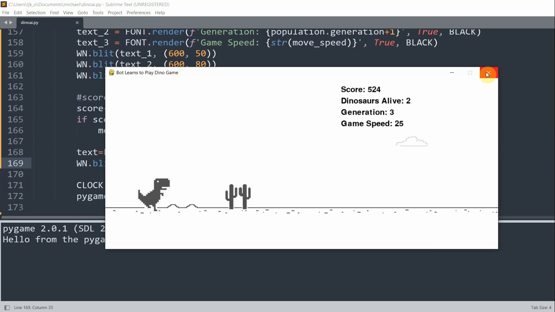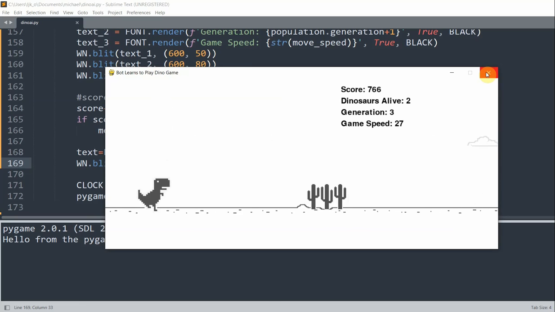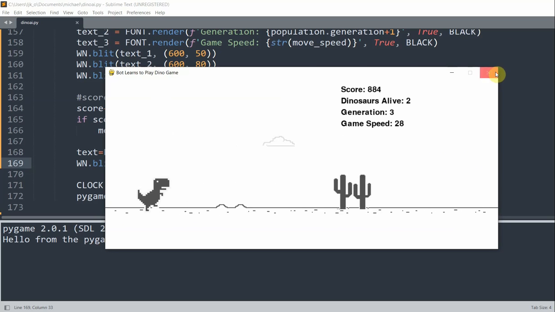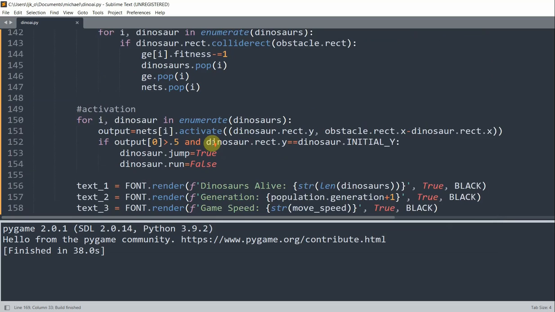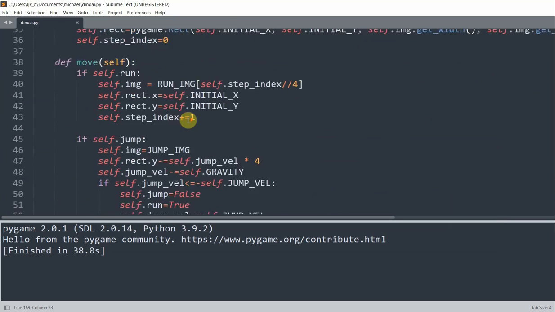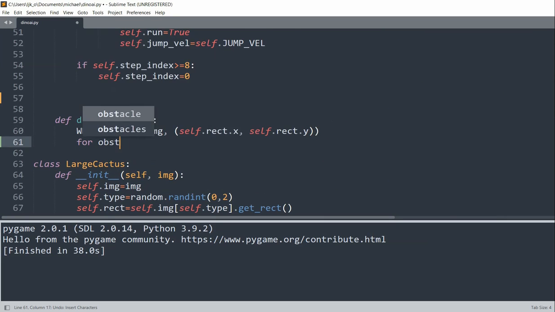Sometimes people would like to add lines to connect our objects, and we could do this as well. So we need to modify the draw method in the dinosaur class a little bit. I'll close this for now. Inside the draw method of our dinosaur class, I'll go up right here and iterate through our obstacles. So for obstacle in obstacles,